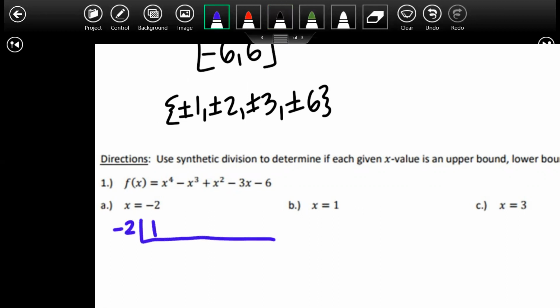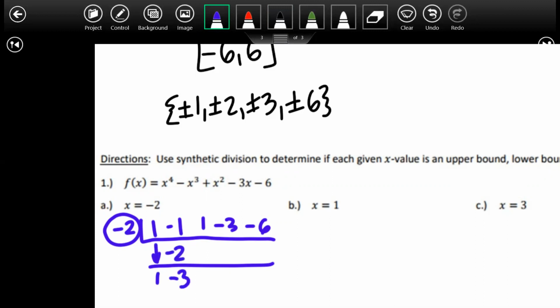We're going to use synthetic division. 1, -3, -6. So we're just going to use synthetic division on this. Lower bound tells me my signs need to what? Alternate, right? If they alternate, it's considered a lower bound. So because the sign I'm using in here, dropping this down 1, we get -2. We get -3. We get 6, 7,